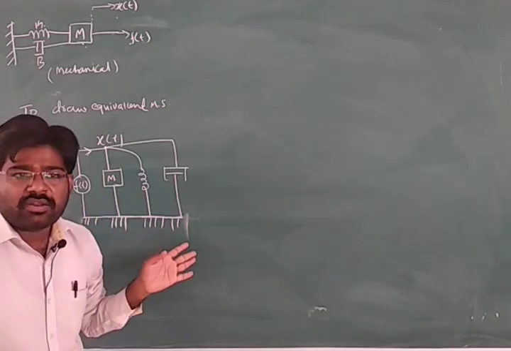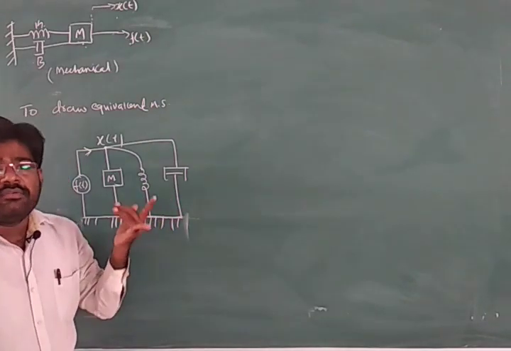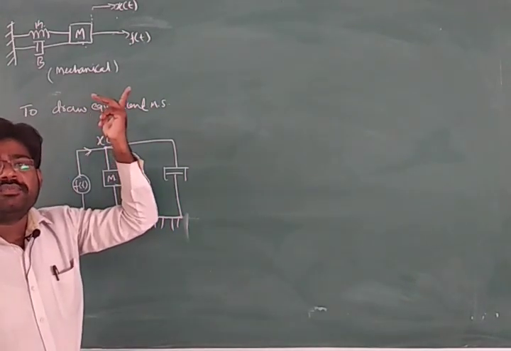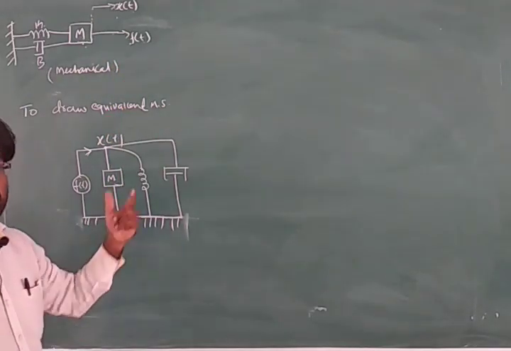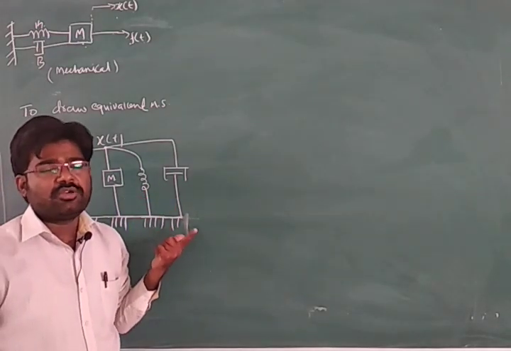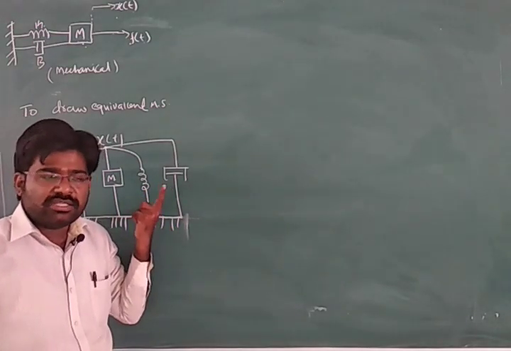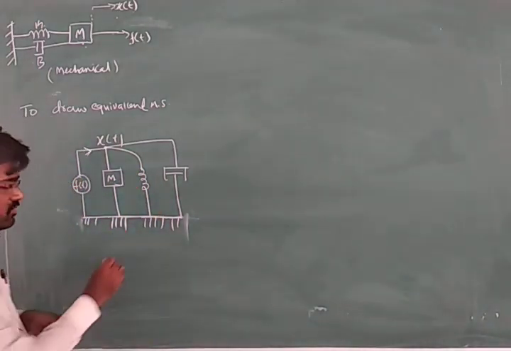So in the equivalent circuit all the elements will be connected in parallel. To connect them in parallel we have to see how many nodes are present. That nodes depends upon the number of displacements available in the system. Then with the help of the displacement, what are the parameters or elements associated or influenced by that system, one by one we have to write them in parallel. So this is your equivalent mechanical system.